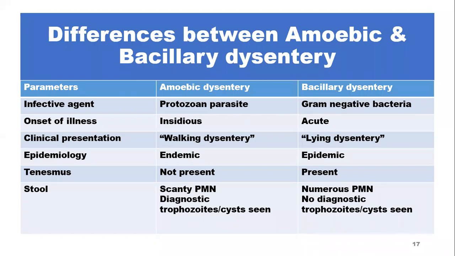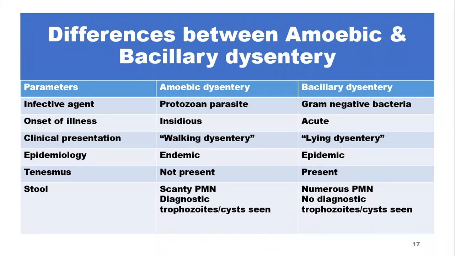So now we have discussed 2 conditions that could lead to dysentery. In the previous lectures, we've talked about Shigella, right? And enterohemorrhagic E. coli. These are bacterial agents of dysentery because they can cause bloody diarrhea, bloody mucus diarrhea. Amoebic dysentery can also lead to bloody diarrhea. So clinically, how can you differentiate between the 2 conditions?